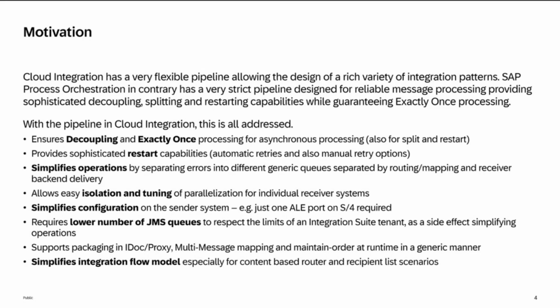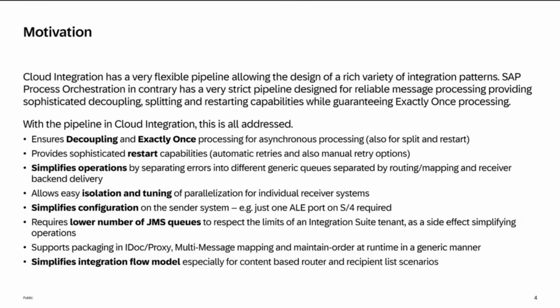There is a limitation of 30 JMS queues, which can be increased to 100 by self-service very easily. But above this, you need to open an incident ticket and provide a reason why you would need more than 100 JMS queues, right? This is another motivation for why we came up with this pipeline concept, to process all your async messages,